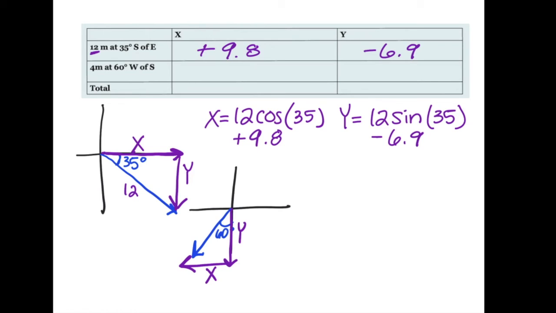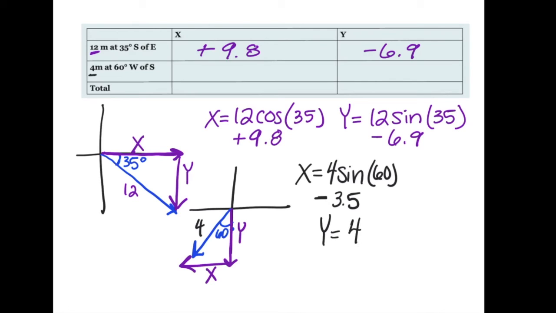All right, so now for our X component, this time X is opposite of our angle. It's over here across from it. So we are going to use sine. So it's going to be our hypotenuse is 4 because that's the magnitude given to us in the chart. So 4 sine of our angle of 60, and that is going to equal 3.5 in the calculator. We are going to make that negative because our X component is pointing west, okay? So we're going to make negative 3.5, and then for the Y, it's going to be